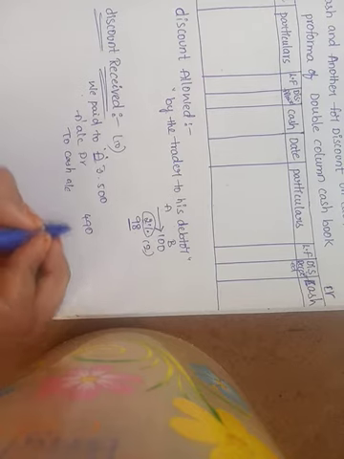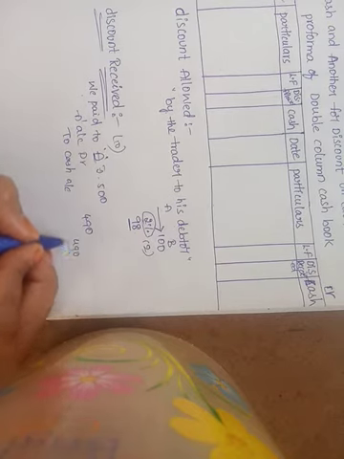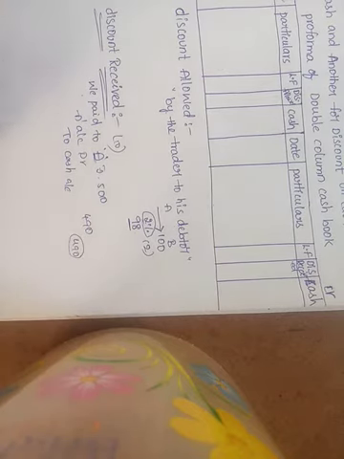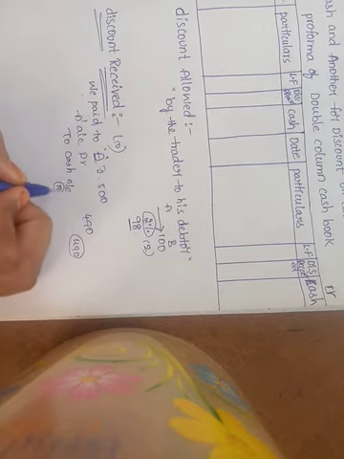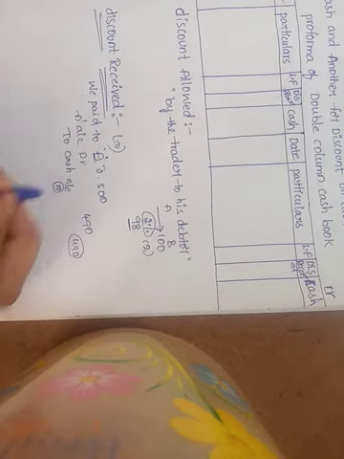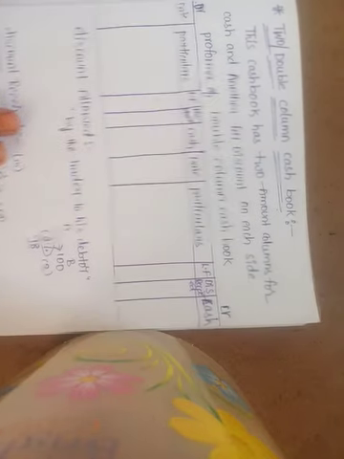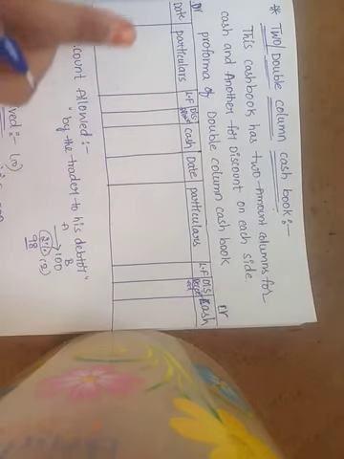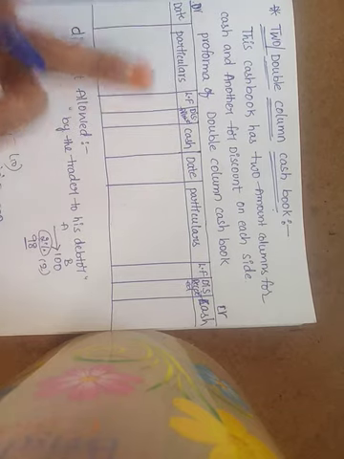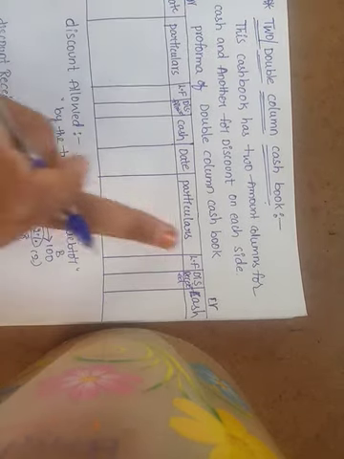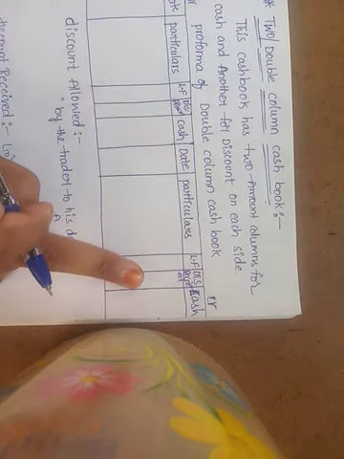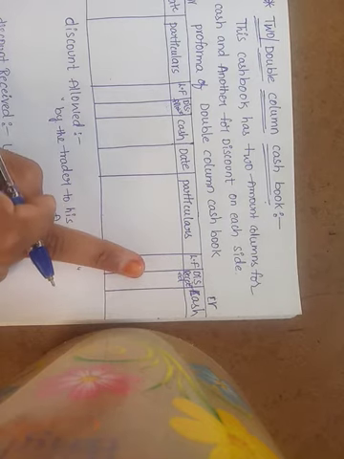So how much do we pay? Only 490. From our point of view, the 10 rupees we did not pay to A is a gain to us, so that is a discount received. Discount allowed is a loss and appears on the debit side, and discount received is a gain that appears on the credit side.